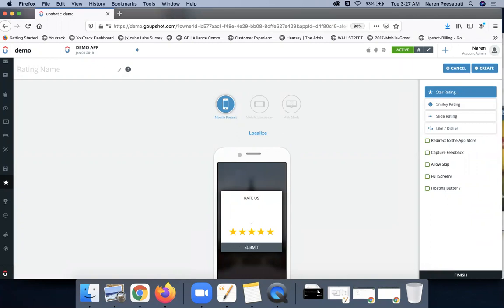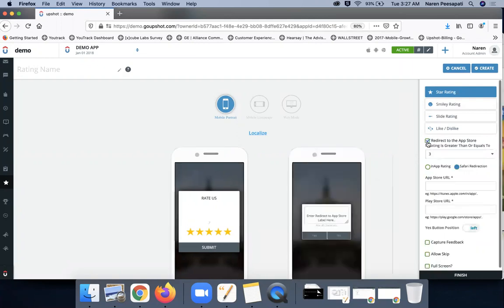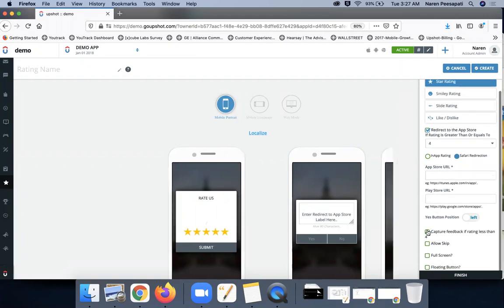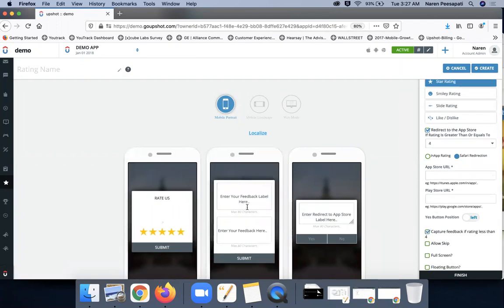So here I can choose my segment of audience who can rate the application, and I can decide on redirecting the rating to the App Store if it is more than 4 or 5. If it is more than 4, I'll be redirecting them to App Store. If it is less than 4, I can quickly take feedback within the application. So all users who are happy, their ratings are redirected to store. All users who are not really happy, you give them an option to provide their feedback within your application,